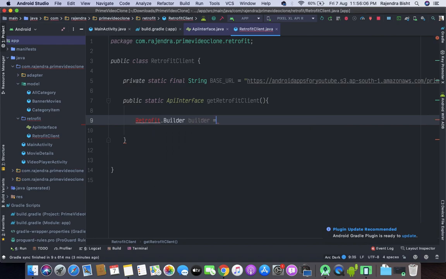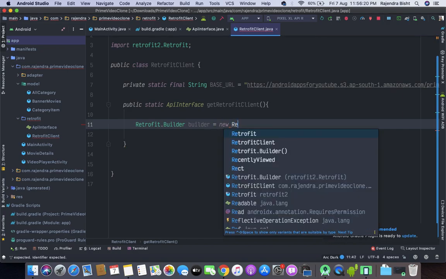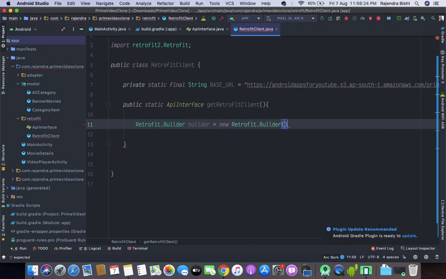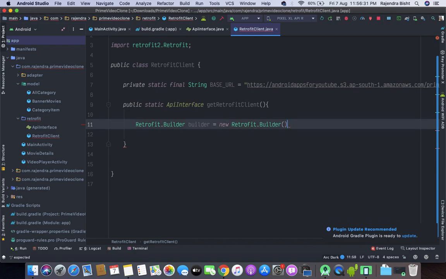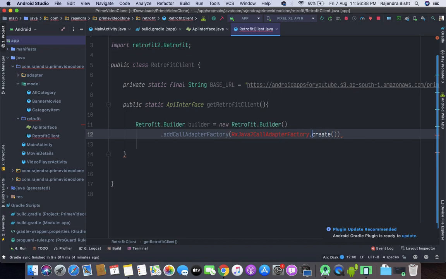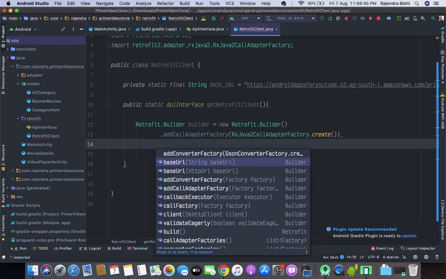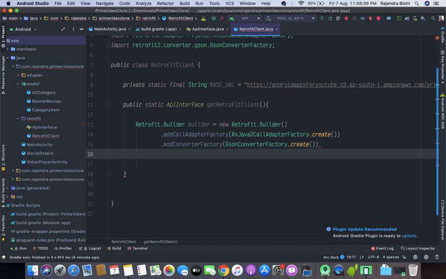Retrofit.Builder equals new Retrofit.Builder, dot addConverterFactory, Gson created, and add the base URL.